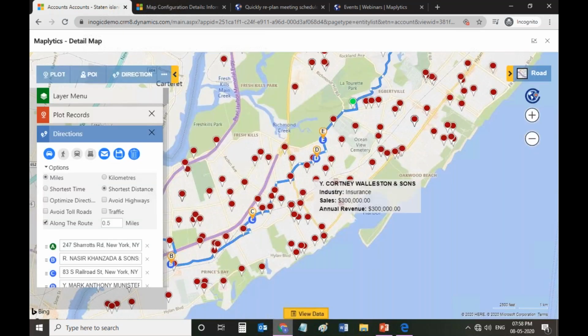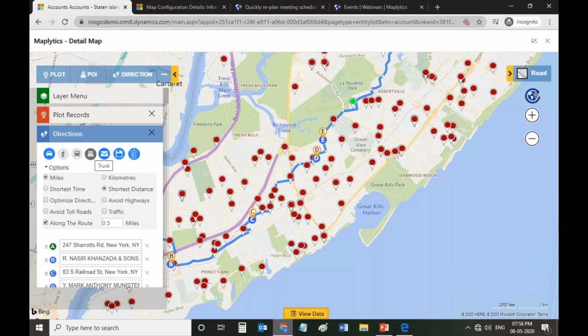Now within this, we have also added a whole new option of creating the route based on driving by truck. This was added in our latest release, April 2020. If you are on the trial, you'll be able to see the icon. However, to enable this truck route feature, you can contact me at crm@inogic.com, and I'll change something in your license and give you the truck routing within the license, and you have to update it. I'll also give you the instructions on how to enable the truck routing at your end.